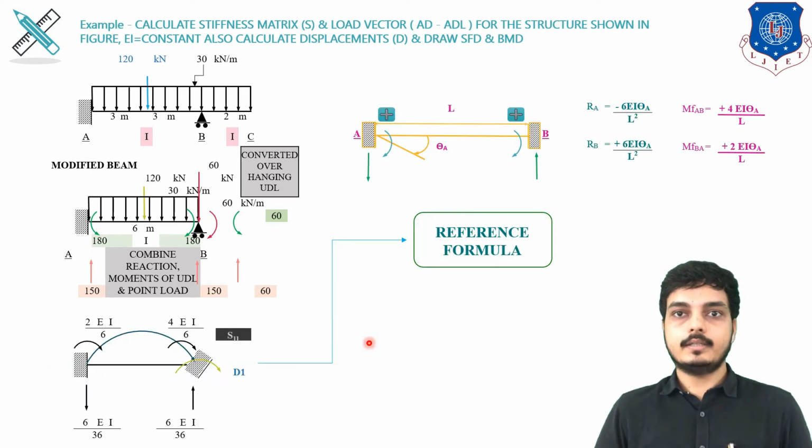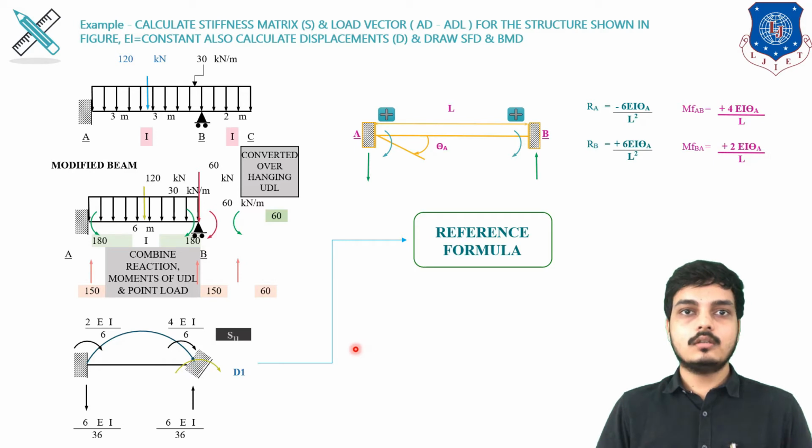Let's move ahead. Now our first step is to find out the unknown. For that we have to restrain the beam and apply its primary unknown. I have only a single unknown, which is the moment at B. So I have applied D1. And for that the formula is, as you know, MFAB is nothing but 4EI upon L, and at the opposite end it will be 2EI upon L. So here I am applying at B, so it will be 4EI upon L.